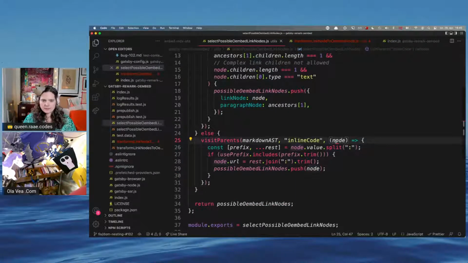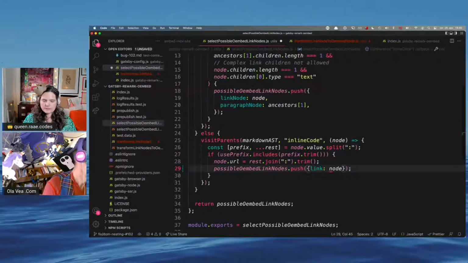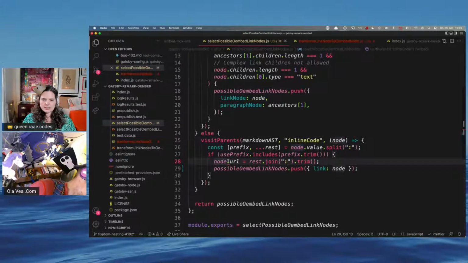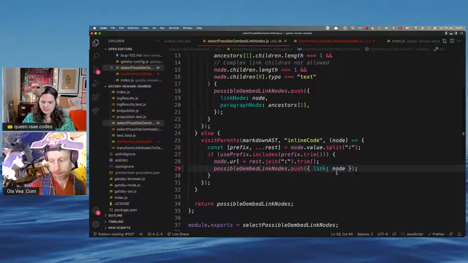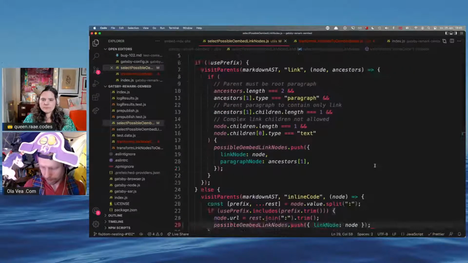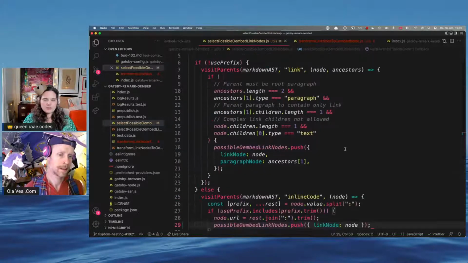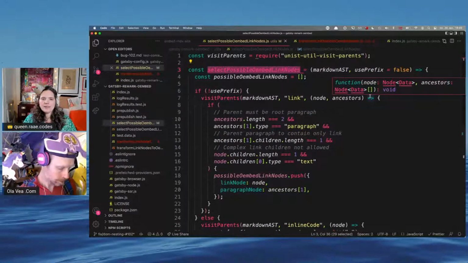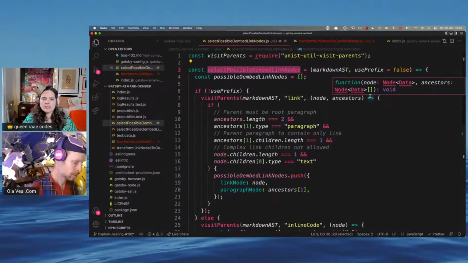So we'll do link node, no possible link node push node. Link node. Are we creating a node? Yes, link node. Yep, that's right. Great. Okay. And then select possible oembed link nodes. But now we are also giving the parent, so we should call it something else. Possible link nodes. Could I push something else?